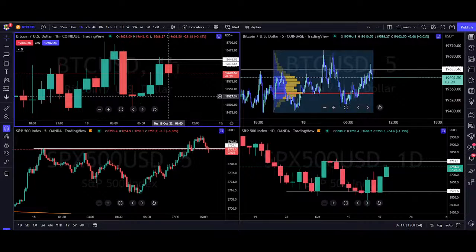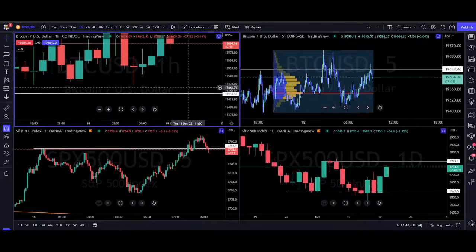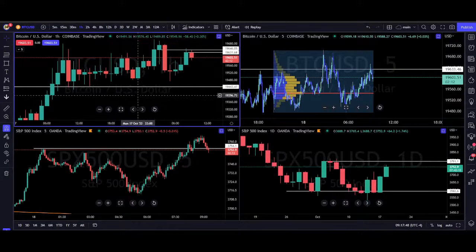So we're going to watch it here. I will take the short trade with you, even though I indeed am looking for a retest of this. And I will watch this price down here, 19,443, to see if that holds as support. If this does hold as support, then I'll be looking to get long based solely on what we've seen in